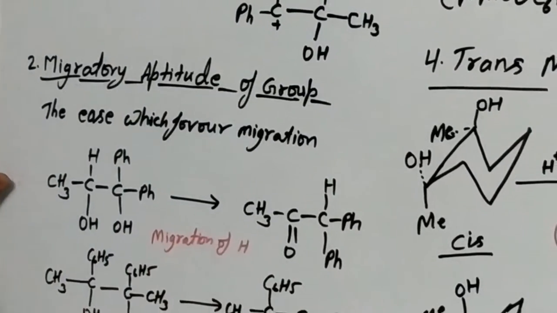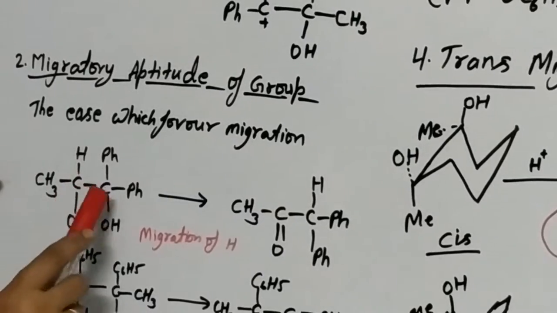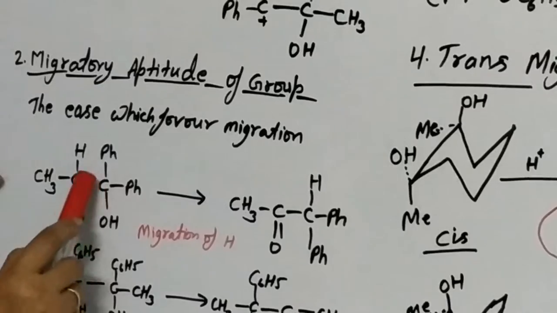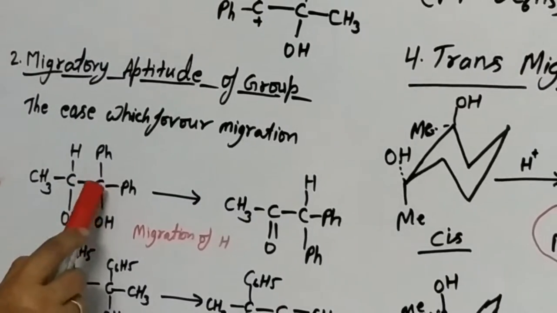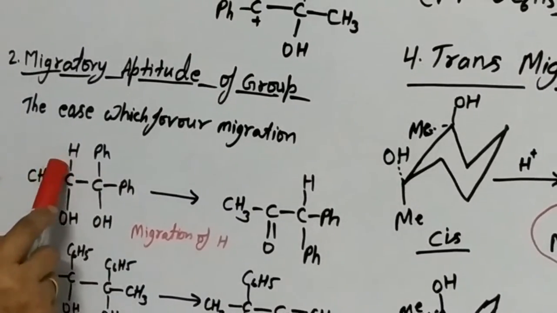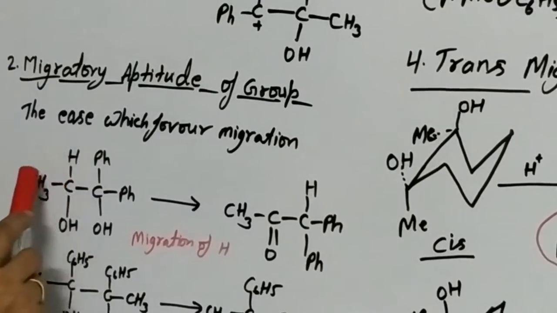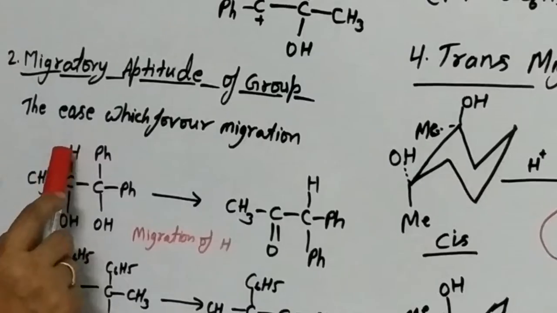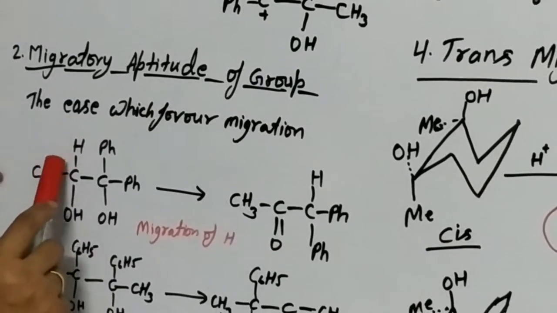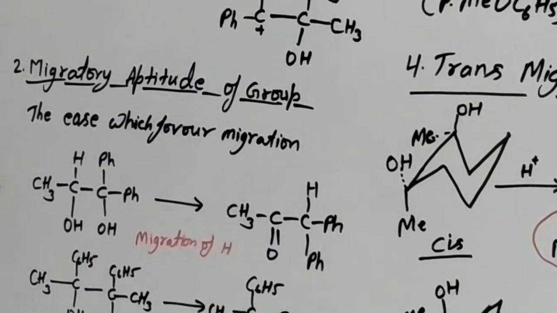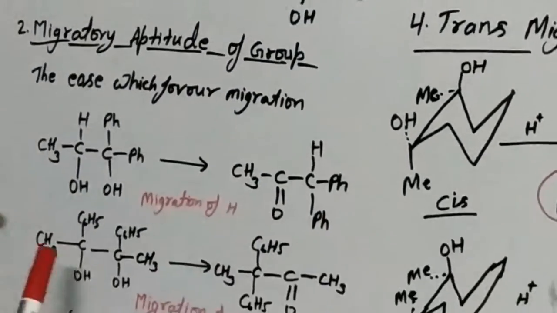Migration of hydrogen. First of all, OH will be removed from here. Carbonium ion will be produced, and hydrogen will migrate in place of methyl. So there is a competition between hydrogen and methyl group. So hydrogen will migrate and the product will be less. Similarly, in this case,